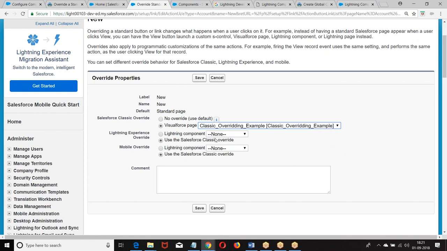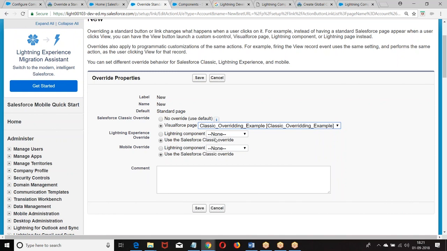How will you implement the same functionality in the Lightning? To implement this functionality of overriding the standard buttons or creating custom buttons on the standard pages, we will go for object specific action.